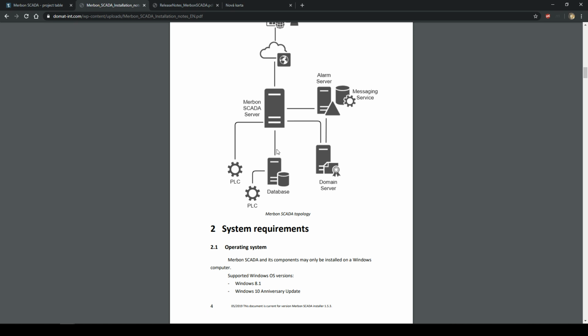The advantage of the approach where the SCADA is active is that it's very easy to implement. You don't need to go to your previous Merbon IDE projects and change the project inside the PLCs to upload new ones. You just need to create a connection between the SCADA server and the PLC, and then you can use the database. But the disadvantage of this approach is that when you don't have a connection to the PLC,